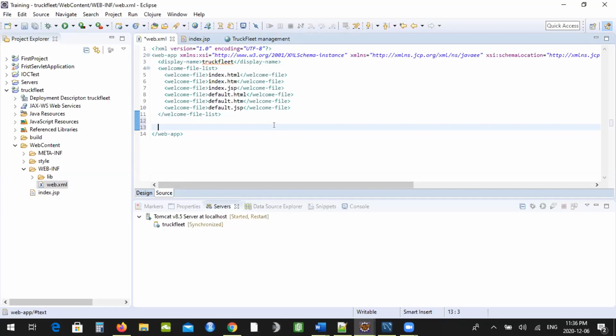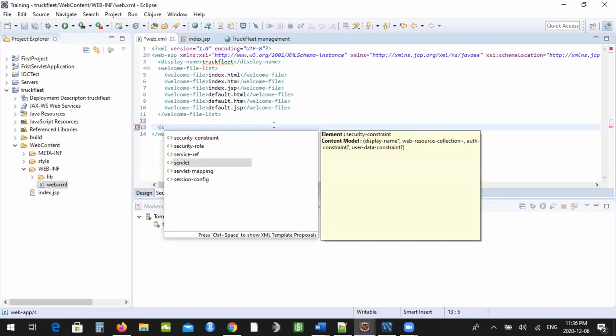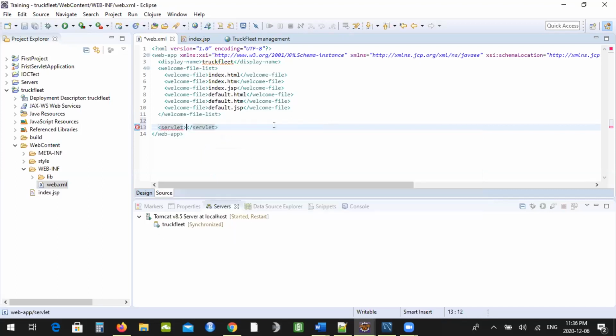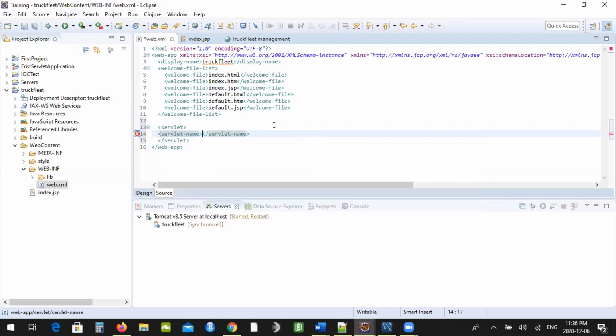What is a dispatcher servlet? What is the advantage of using this dispatcher servlet? Now, same old way. I told you dispatcher is also a servlet. Same old way, there's a servlet again. I need to define a name for my servlet. You remember, guys, we have to provide the full class path, including the package name. So the dispatcher resides in